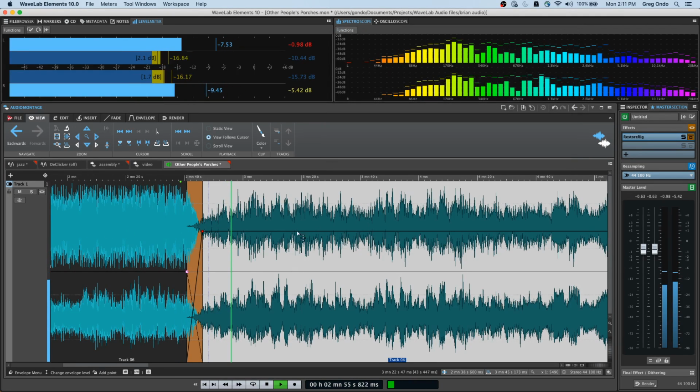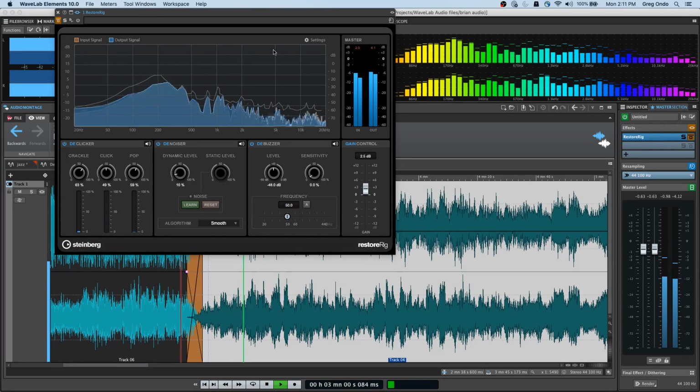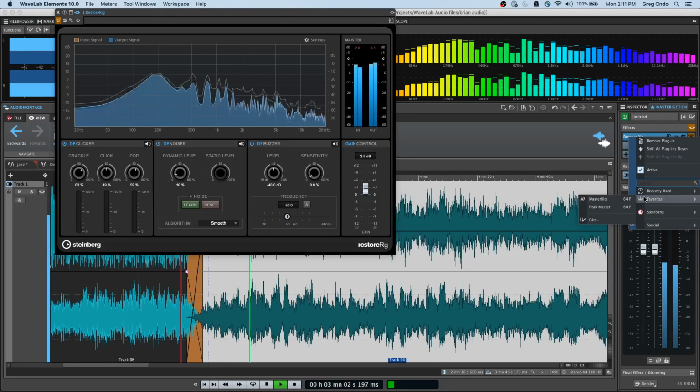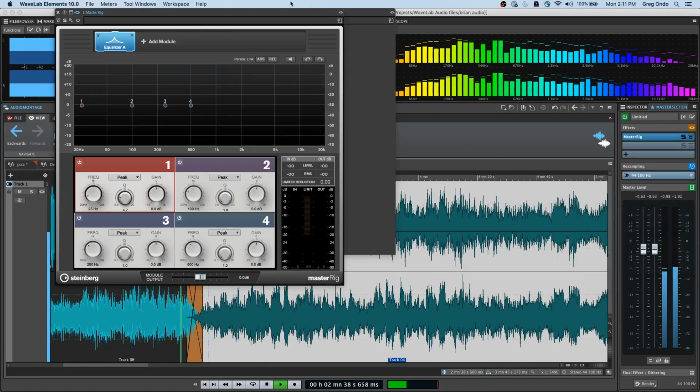And then even while you're in the montage, you still have the ability to run it through all of your different effects, such as the master rig. So if I want to come here,